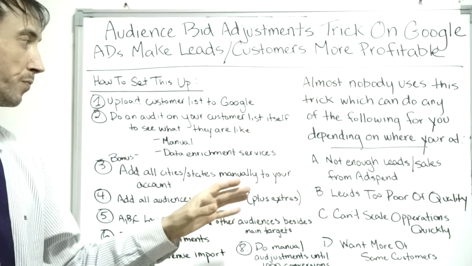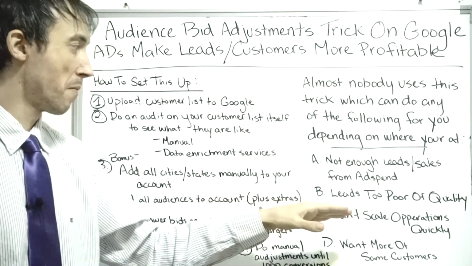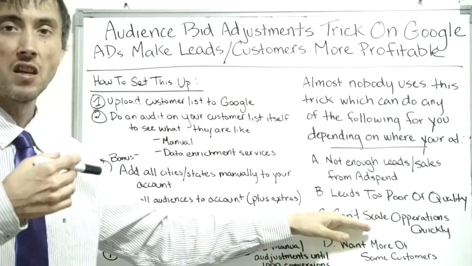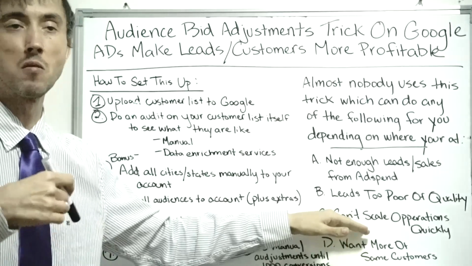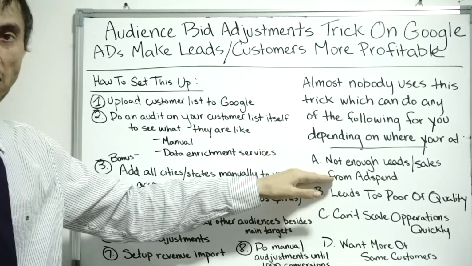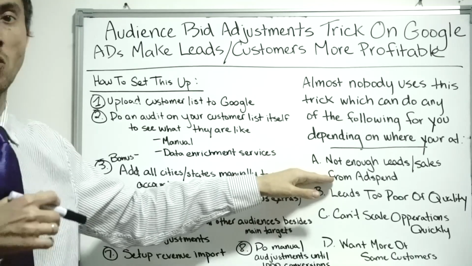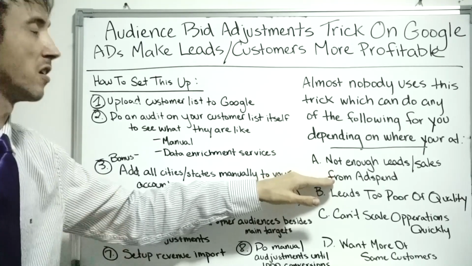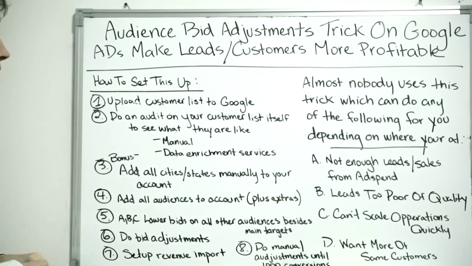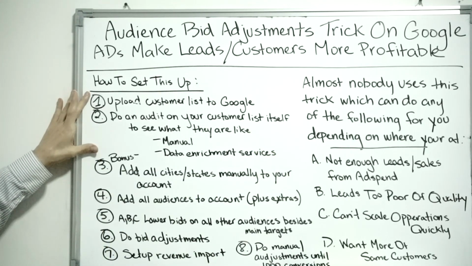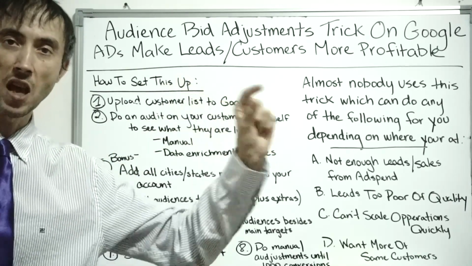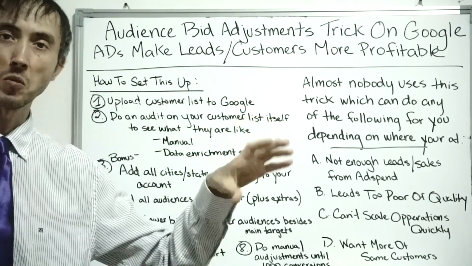So if you can't scale your operations, like I said, you can get the customers that will pay more, and so you can get more out of each customer. Or if you're not getting enough leads, this gets you the leads that are most likely to turn into a sale, so you can make the ads profitable and so forth. So once you find out as much as you possibly can about the traits that make the top 20% of your customers the top 20%, or what makes a customer,